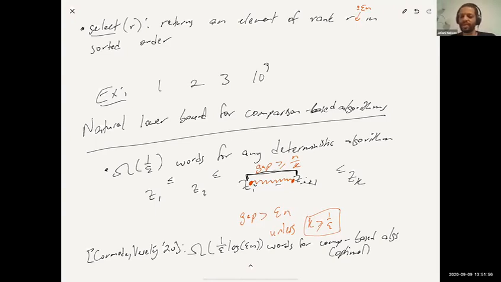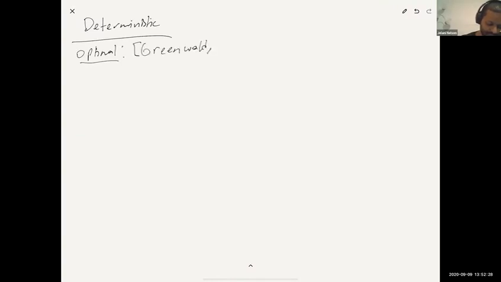And there are algorithms, as we'll see today, which are neither comparison-based nor deterministic. So that's not to say you can't beat this bound, but to beat it, you cannot be both deterministic and comparison-based. So let's see first some deterministic algorithms for this problem. The optimal algorithm is due to Greenwald and Khanna in 2001, and as I mentioned, it achieves the same bound as Cormode and Vesselinov's lower bound, 1 over epsilon times log of epsilon n